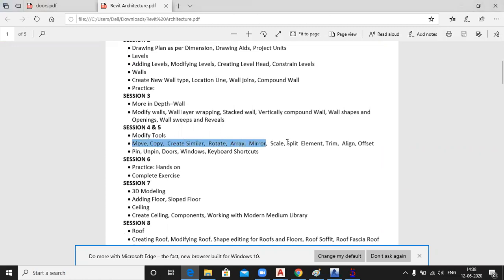All the elements are covered in your sessions 4 and 5. Yes or no? We understood very well, and I covered all the topics.